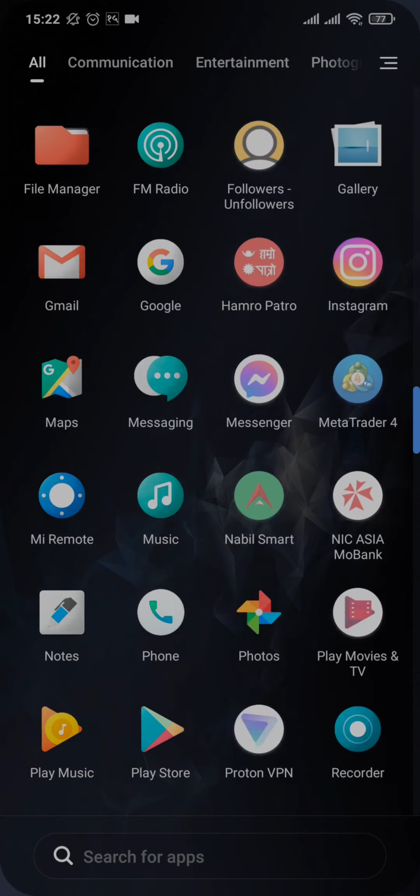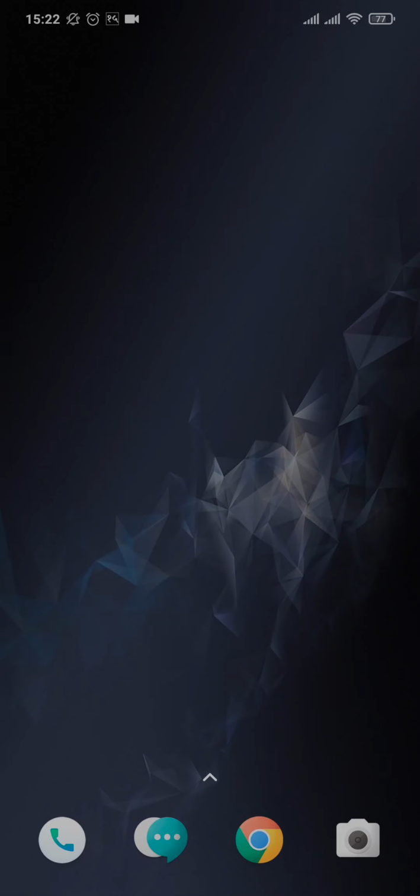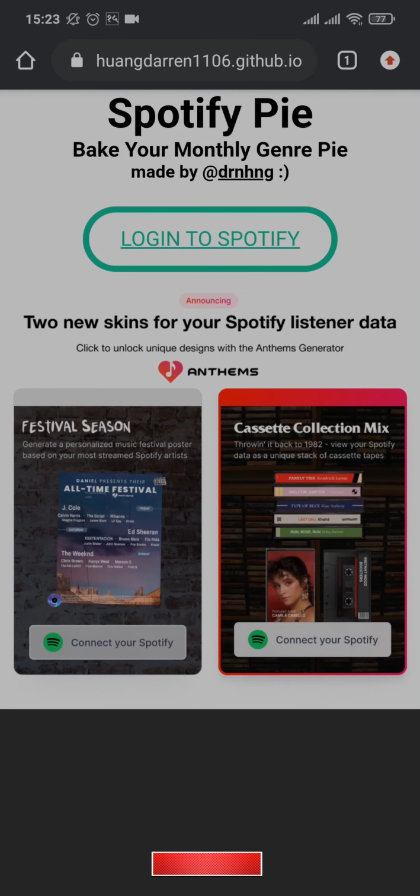Now you cannot find the Spotify pie chart within the Spotify application or in the Spotify website. For that, you'll need to open up another website. So you'll need to open up a web browser first and then search for Spotify pie. Once you do that, you can enter the first website, which is called Spotify pie, and it's going to take